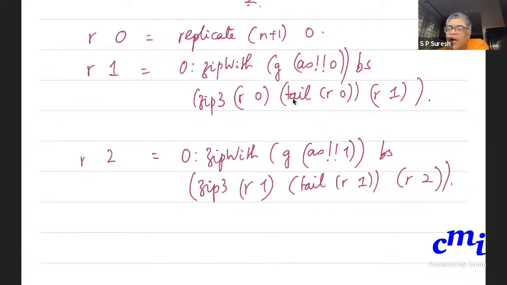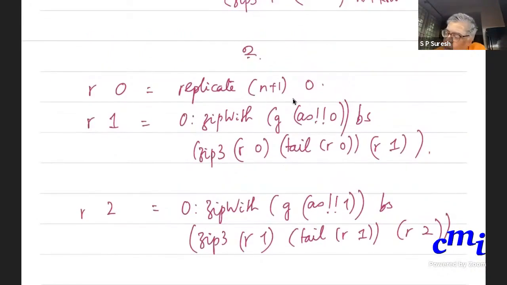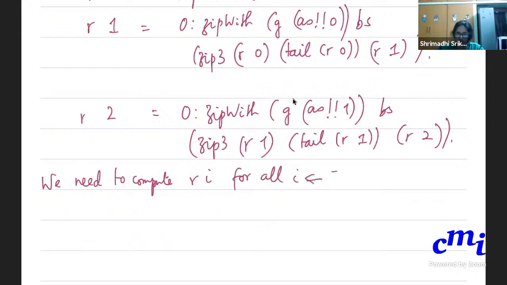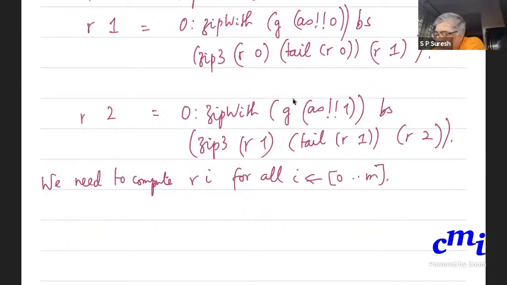It goes on like this, right? Now I need to finally be able to do this for every Ri, for every i from 0 to M. We need to compute. Yes.